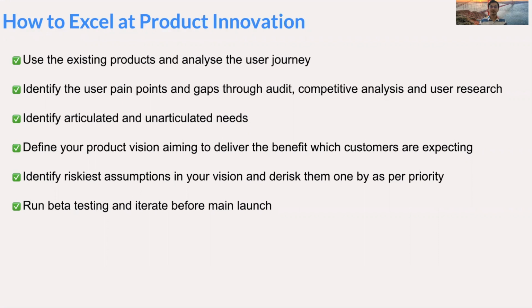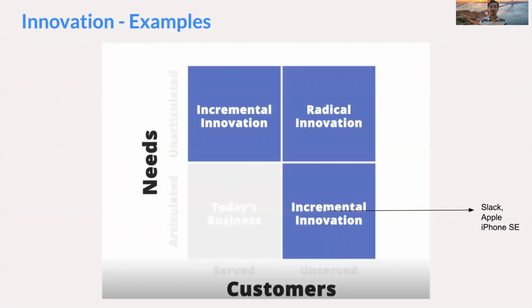You always need to start with, say, the existing products and analyze the user journey. Once you analyze the user journey, you will identify various pain points and gaps through your own audit, the competitive analysis which you will do for a category, and by talking to the users through user research. This step will give you enough points to ponder about and think how you can build a new experience by playing into either of the areas of articulated versus unarticulated needs, or a served or unserved